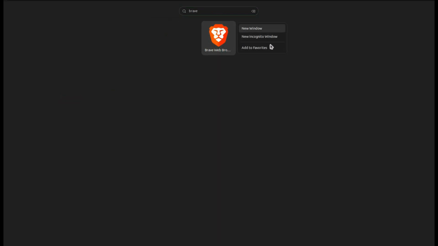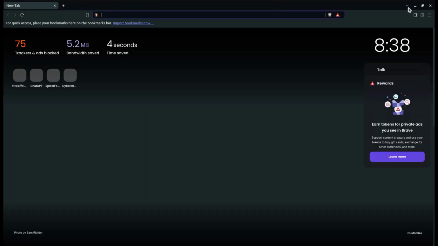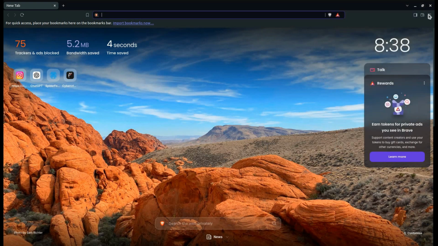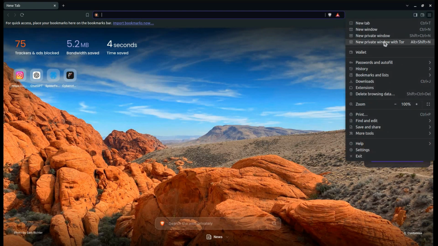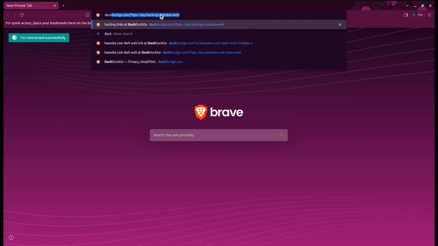So this is my Brave browser. Let me just quickly utilize it. This is how the Brave browser usually looks. If you really want to switch to the private window with Tor and all, you can quickly do that, and it's pretty cool. Now if you are searching anything on that, let me just go to my favorite search engine,